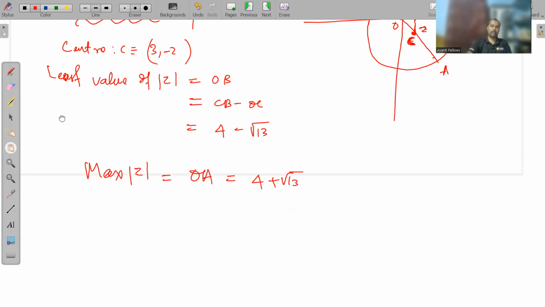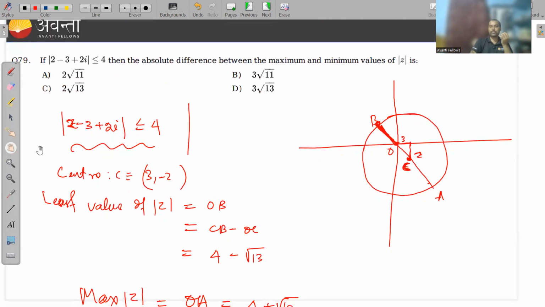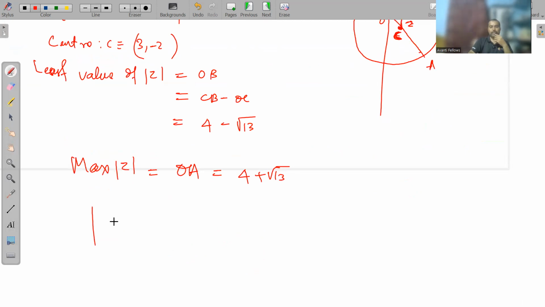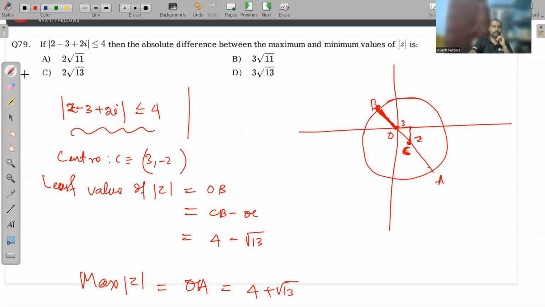oc हो जाएगा, ठीक है ना। तो ये हो गया मेरा 4 प्लस रूट 13। तो जो मुझे मिलेगा क्या, absolute difference between the maximum and minimum value, that is है ना। So it will be 4, this 4 will be cancel out, so 2 root 13 is your correct answer, ठीक है। 2 root 13, है ना। दिस इज, सो ज्योमेट्री का जो कंसेप्ट है ना कॉम्प्लेक्स नंबर में, वो कंसेप्ट यहाँ पे यूज हुआ है, ओके।